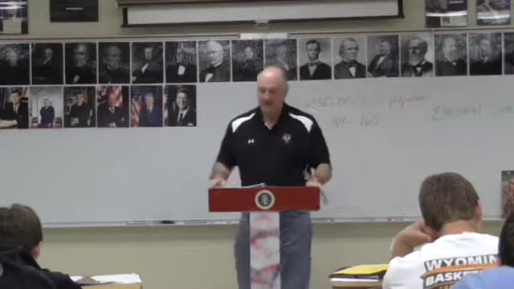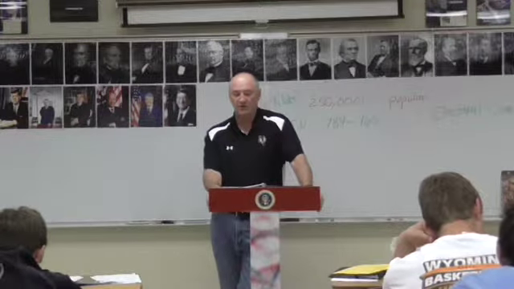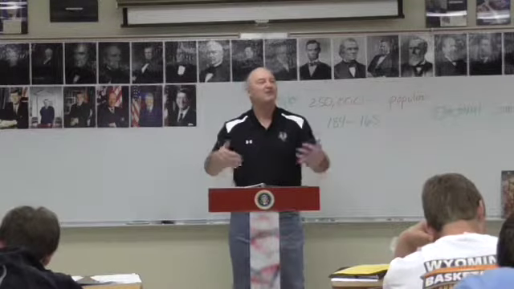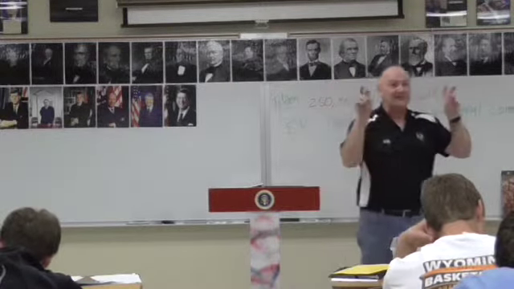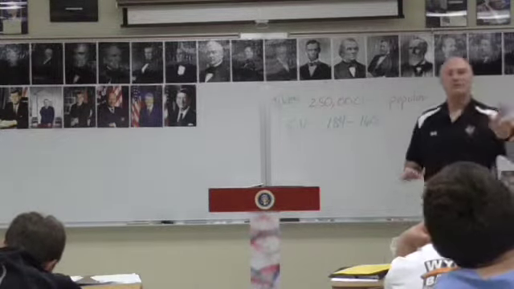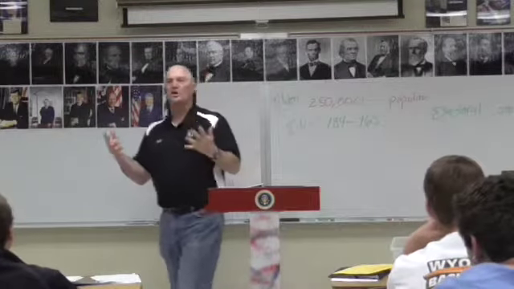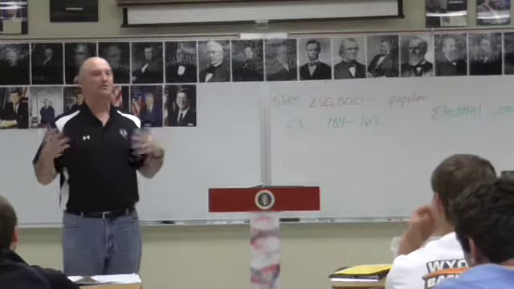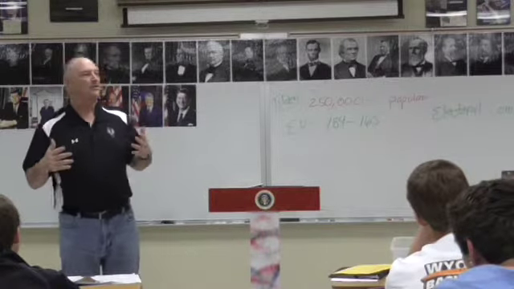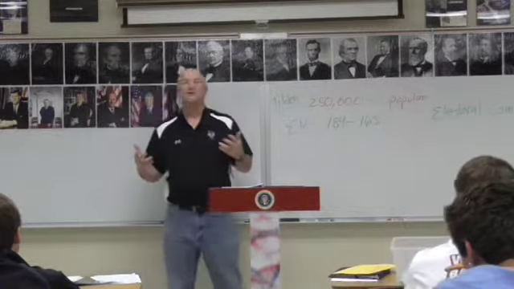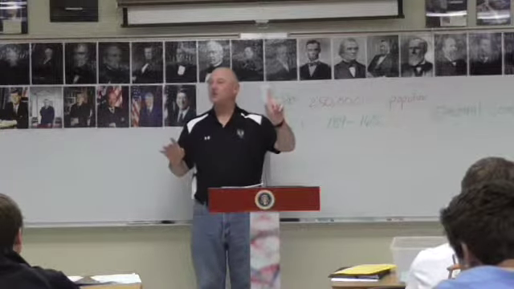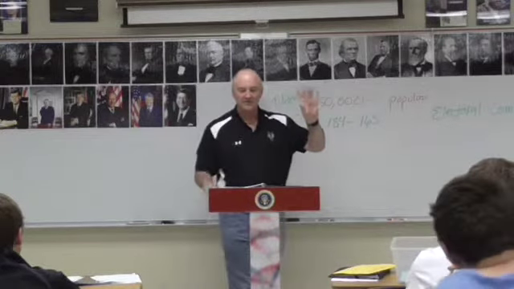So, in order to break the deadlock, Congress created an Electoral Commission that consisted of 15 members. What type of people do you think? There were 3 different types of people that were on this commission. So who got picked to count these votes? What type of people? No. What? No. Politically. No. Governors is kind of close. The House. Senators. They picked 5 senators.